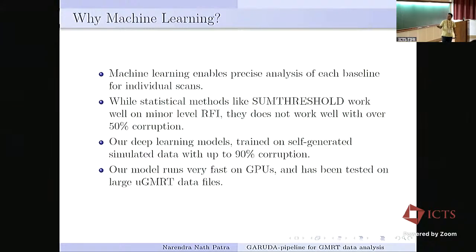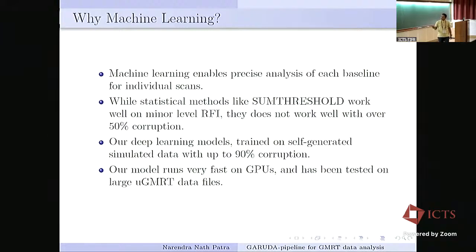So this is quite an interesting part where Garuda really does well. Our deep model, which we have trained and tested, works even with 90% corruption. So if you have data which is really corrupted, with more than 60-70% corruption, it can still identify good and bad data.